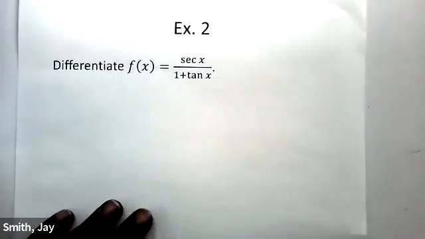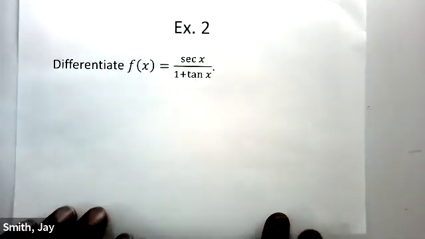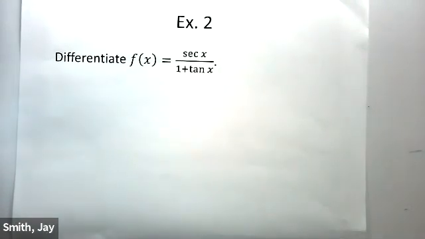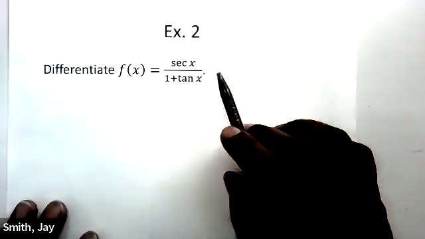Example 2. Here, we're asked to differentiate f of x, which is secant x divided by 1 plus tangent x. So remember, like I've said before, any differentiation rule, in and of itself, is not that difficult. What becomes the issue is knowing when to use what rule. So here, probably a good idea to know right off the bat that we're going to need the quotient rule